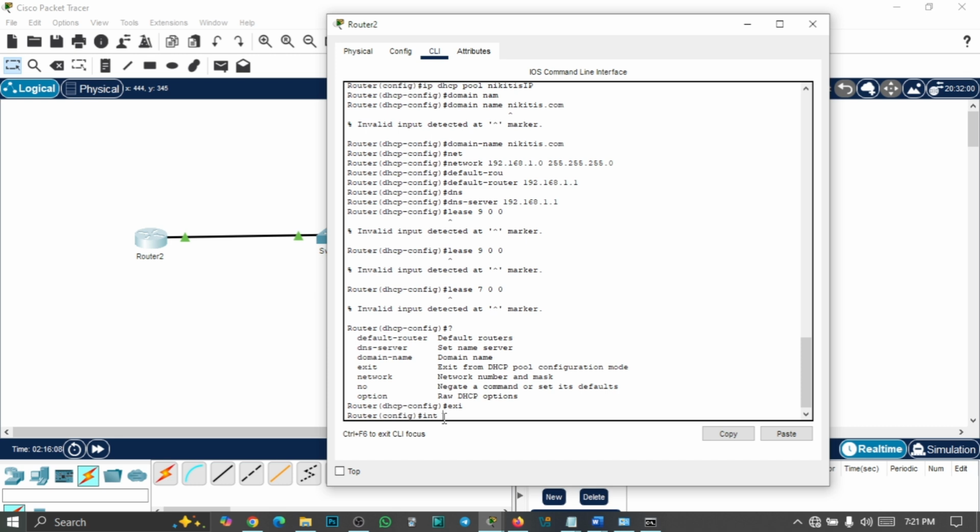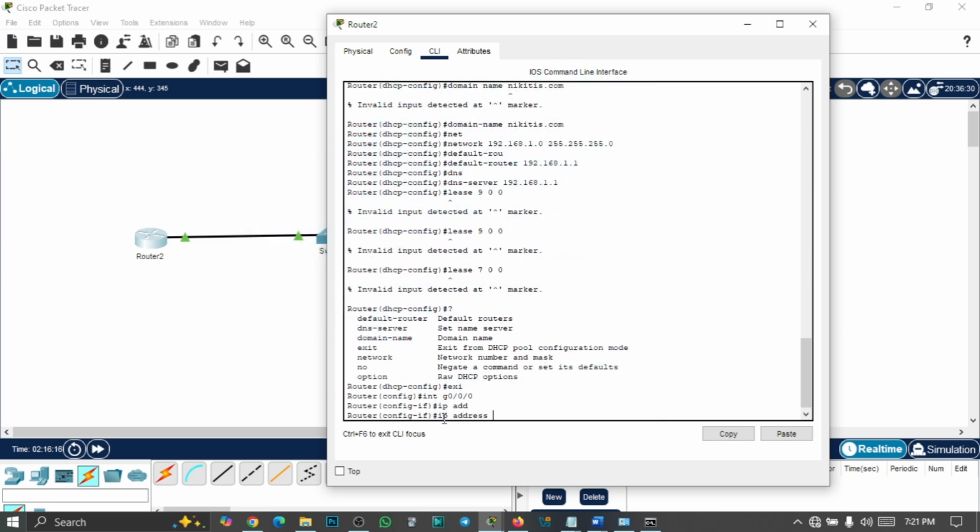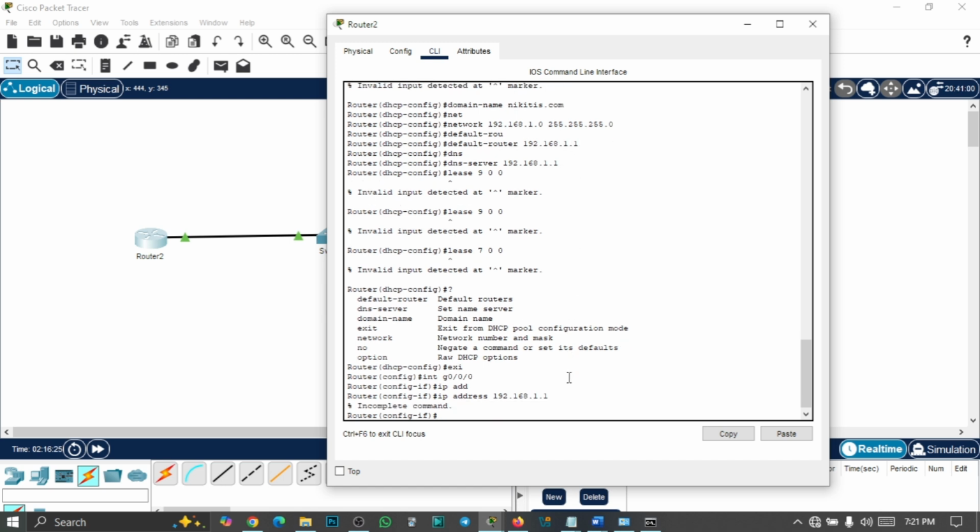Interface G0/0/0, IP address 192.168.1.1. Remember your IP address here. Then enter. Oh, sorry, subnet mask